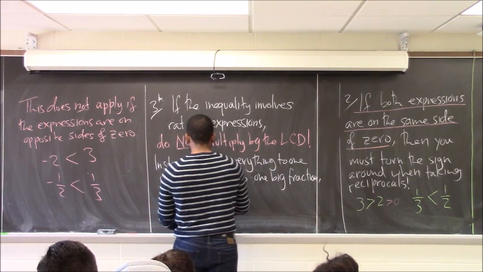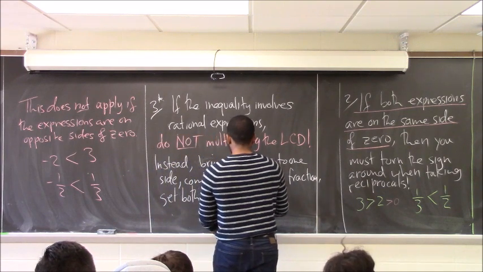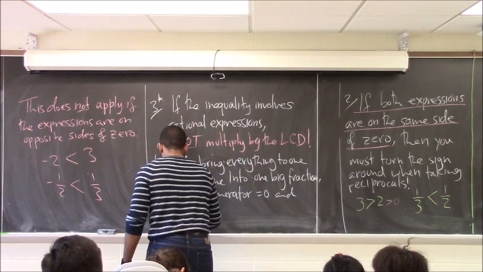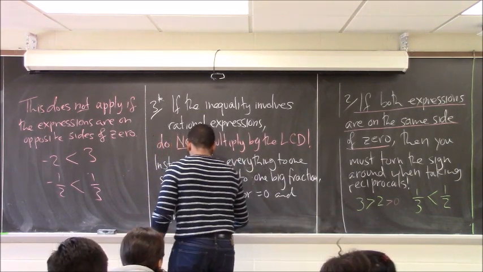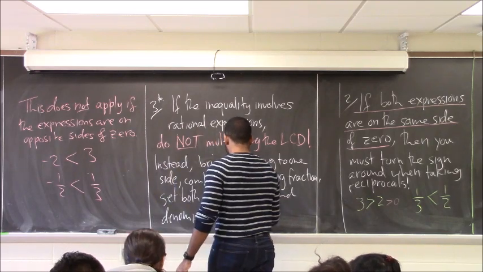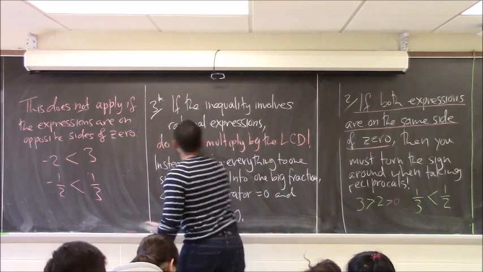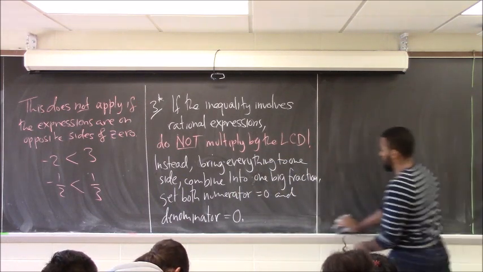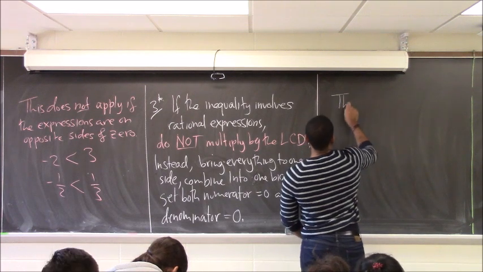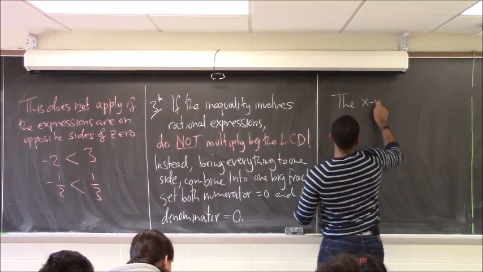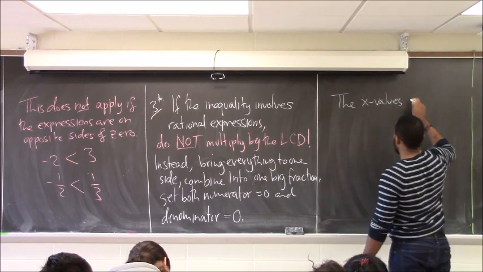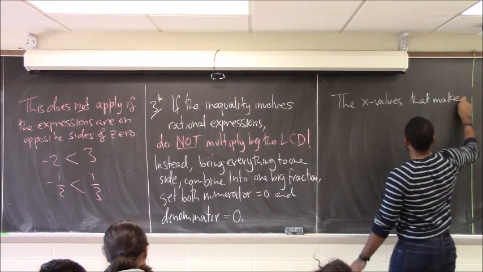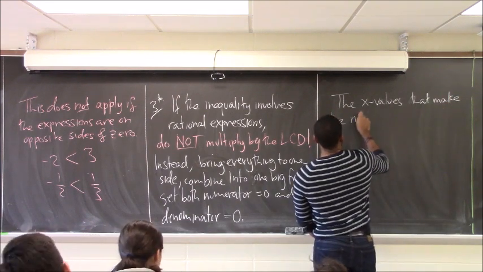Set both numerator and denominator equal to 0. Now, the x values or input values, if it happens not to be x, that make the numerator 0